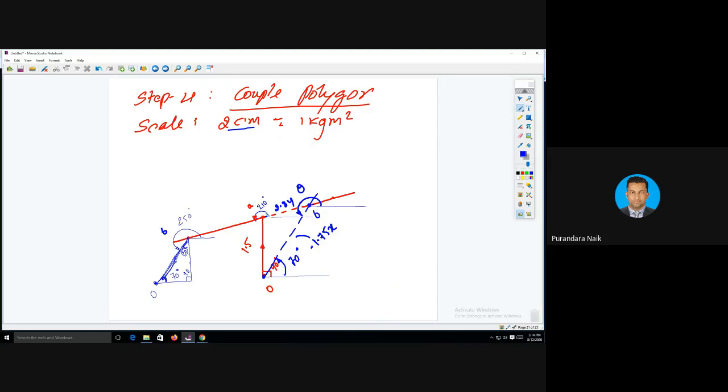Now the calculation. This is theta A is 210. If you measure the angle, not 210, that is 250. If you measure the angle, you'll get 250 only, because we have taken 250 here, and we have taken 70 here. This angle is 70. So with respect to the 250 degree, if you measure the angle, it will be 250 always. Now we need to measure the length 2.8y.